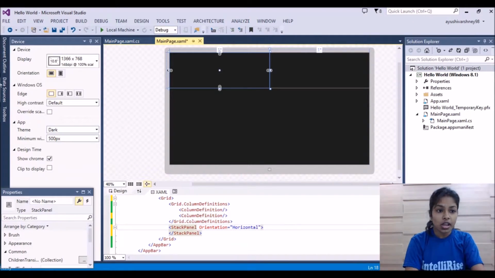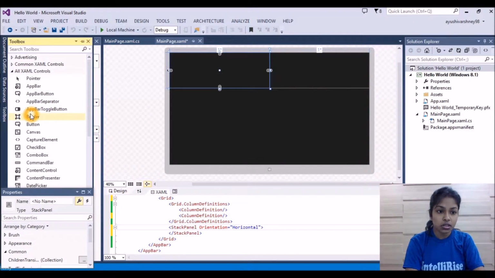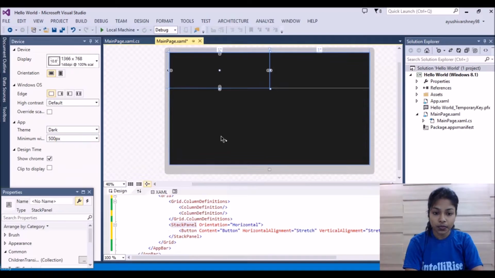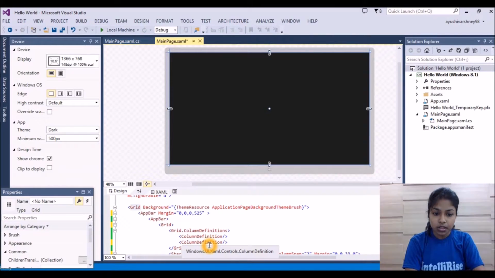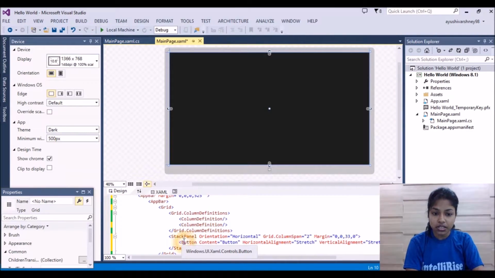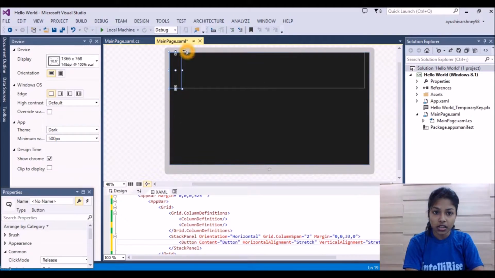So now suppose I'll add this button from this toolbox. I'm dragging one button, and suppose I'm increasing the width of this stack panel. Now you can also adjust this button's height and width accordingly.